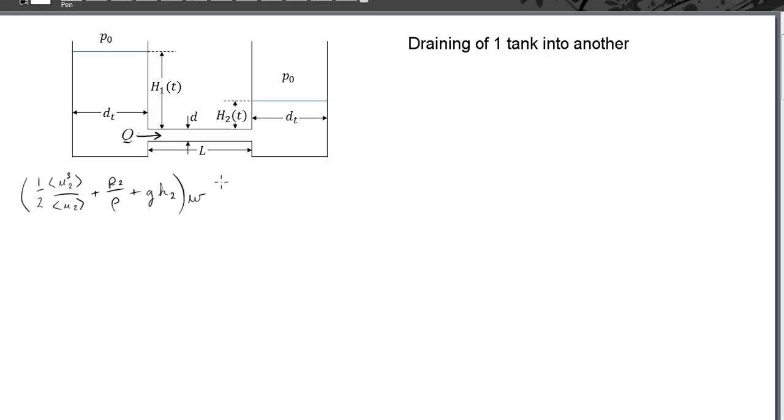And that's going to be a constant in our system because whatever leaves tank 1 enters tank 2. And then we have minus the same thing written at position 1, which we'll define in a moment. So the average of U1 cubed divided by U1 average plus P1 over rho plus g h1,